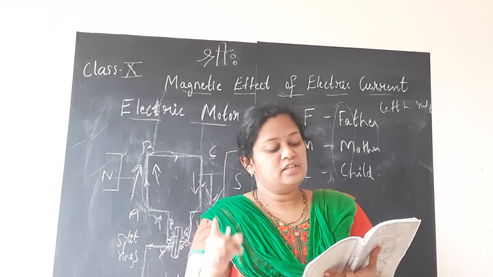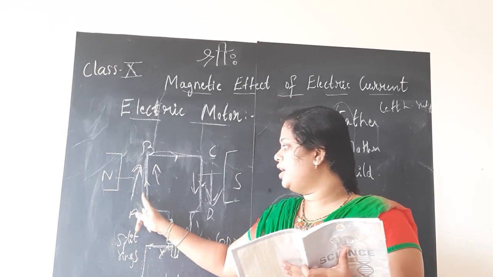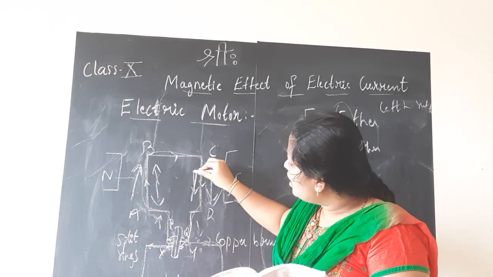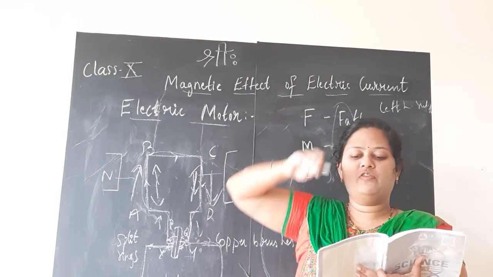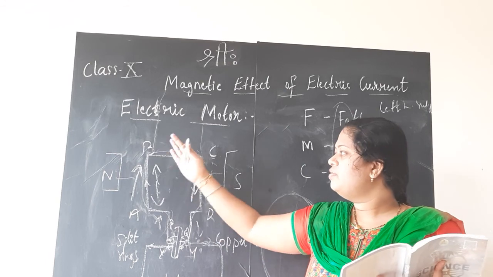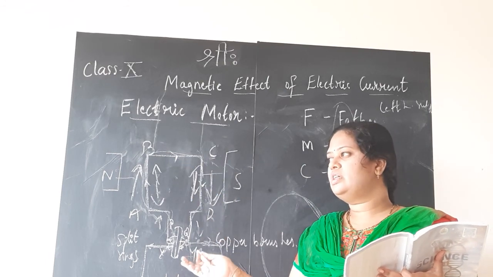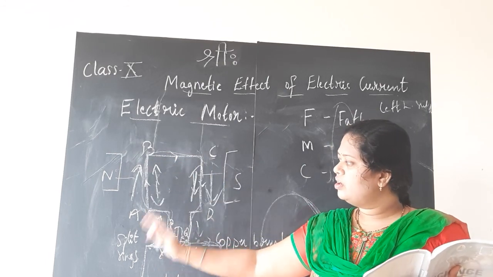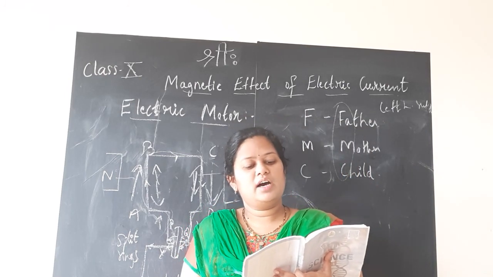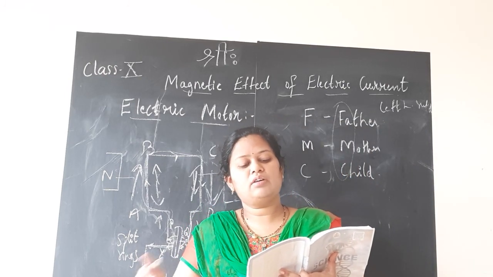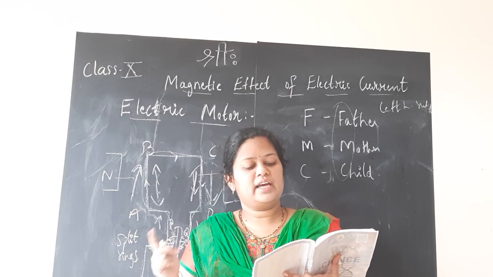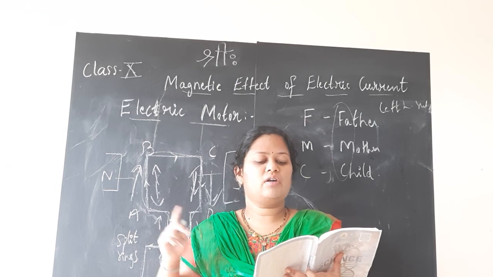So we find that the force acting on arm AB pushes it downwards, while arm CD is pushed upwards. Anyhow, the rotating concept is the same. I said arm AB would go up first and CD would go down, but arm AB will go downward and CD will go upwards first. Thus the coil and the axle O, mounted free to turn about an axis, rotate anti-clockwise.